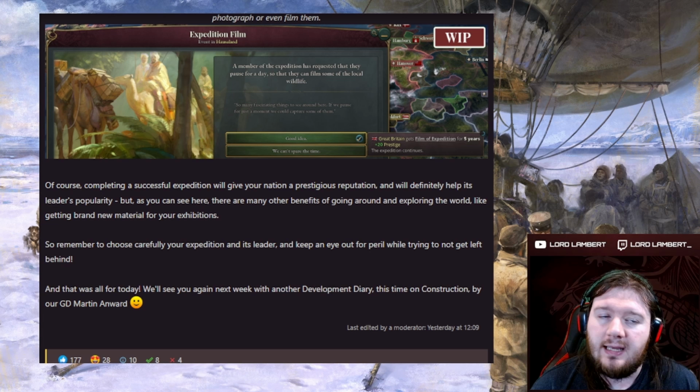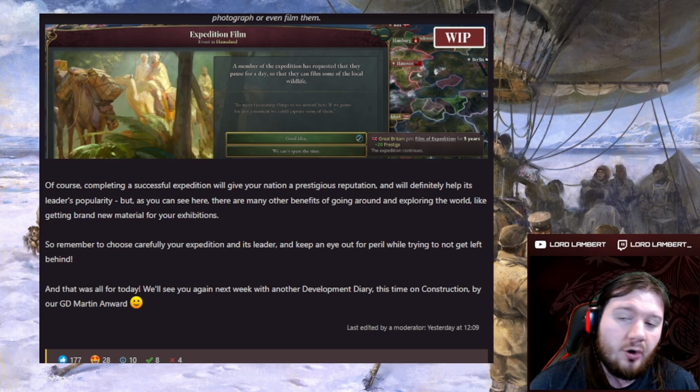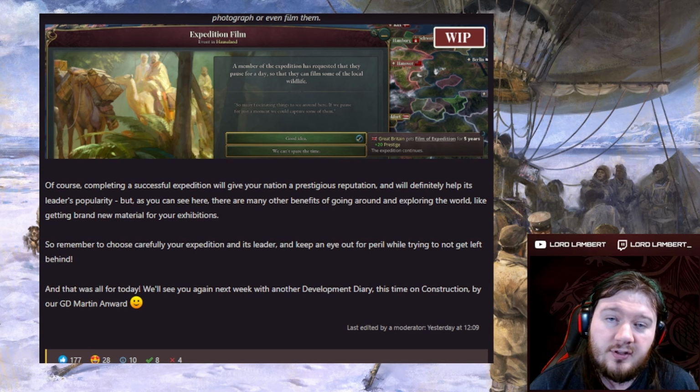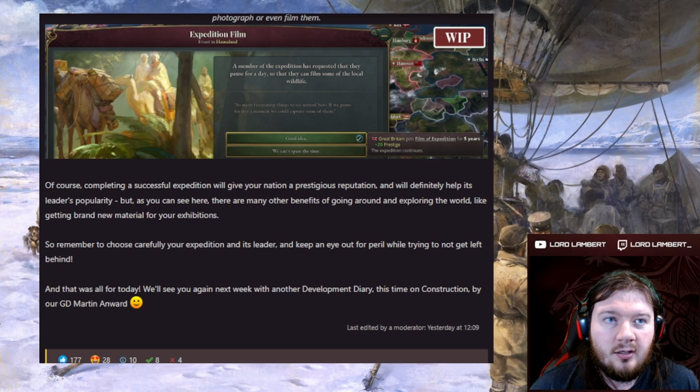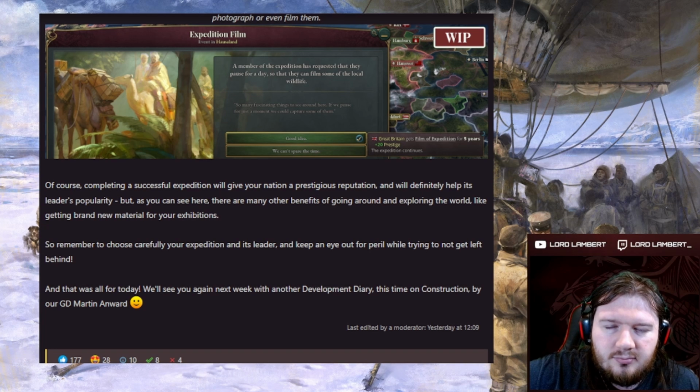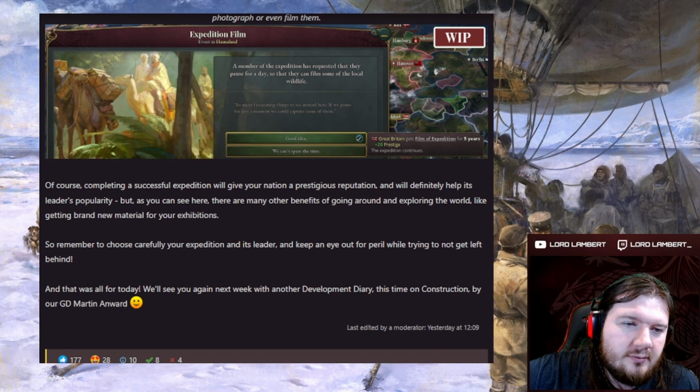I hope that just like in the HPM or HFM, I can't remember which one, maybe it's both, who knows, mod for Victoria 2, whoever finds the source of the Nile first gets to name it after their monarch. That would be dope. So instead of it being Lake Victoria, it could be Lake, I don't know, Lake frickin' Napoleon, or Lake Bismarck. That'd be funny. No, but that kind of thing would be really cool. I know Bismarck wasn't the leader. Just don't. It's fine. Don't worry about it. I think that would be really cool, and I would like to see that.